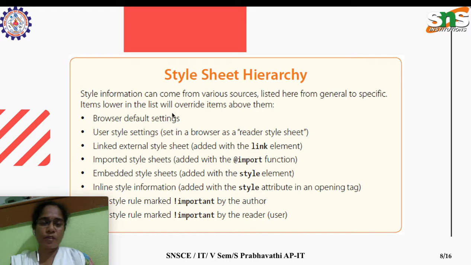Style information comes from various places, is it not? Either from within the HTML document, or from within the HTML element itself using the style attribute, or from external files. The priority is arranged from bottom to top, so the bottom has the highest priority and the top has the lowest priority. The lowest priority is the default setting if nothing is matched. The highest priority is given by the user, followed by the author, then the style attribute, style element, import, link, then the browser styles, and if nothing is selected, the browser will display its default style.